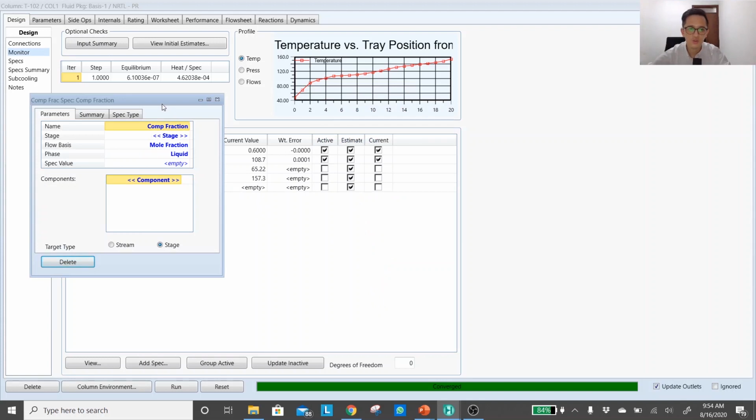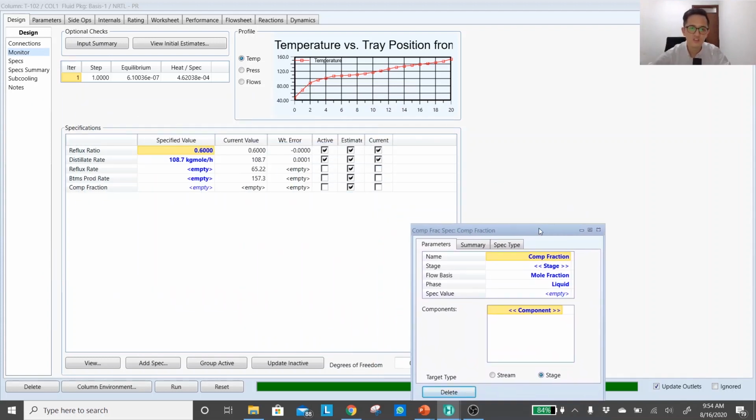Okay, so what do you want to set? Your main product is DME at the top. That means your stage has to be at the condenser because that's the top column. And then it will be in a liquid phase, that's correct. What will be the specified value? It has to be